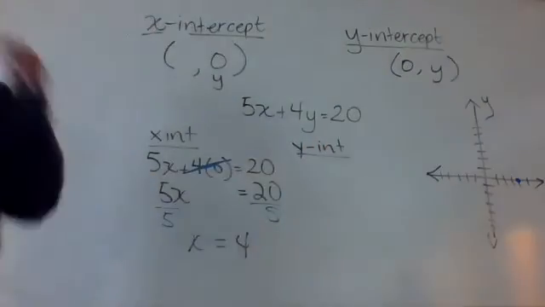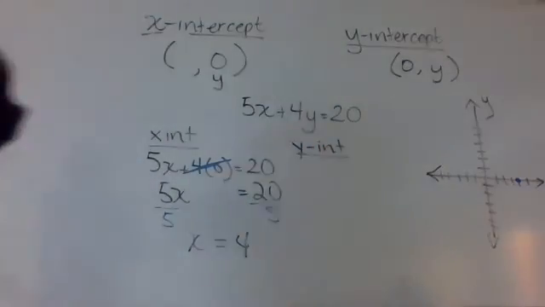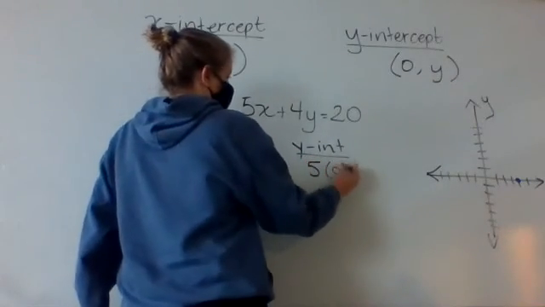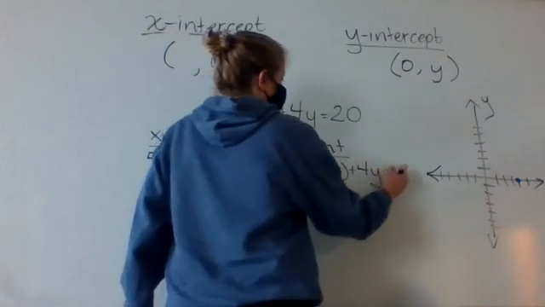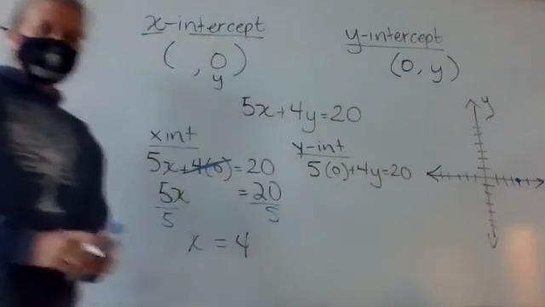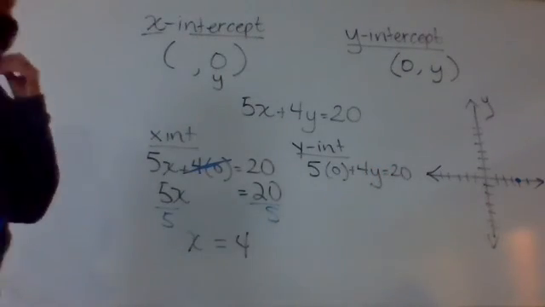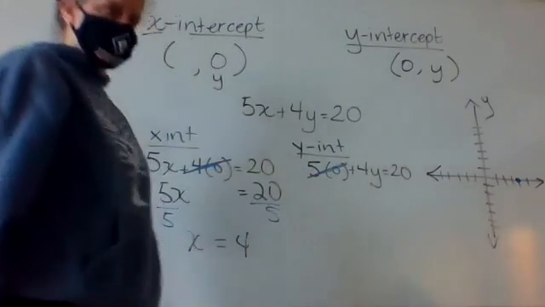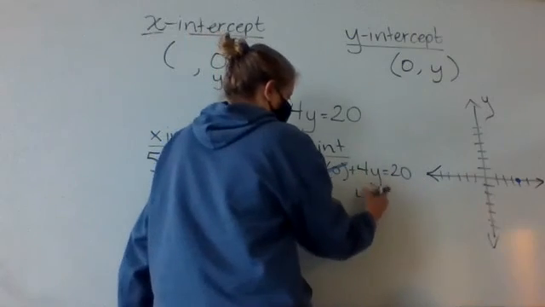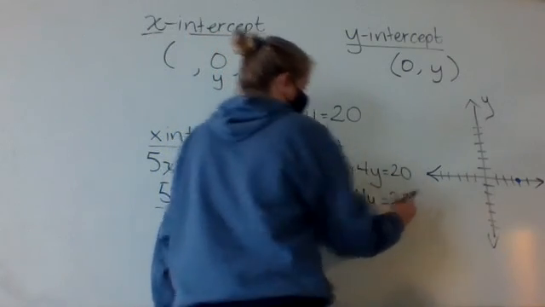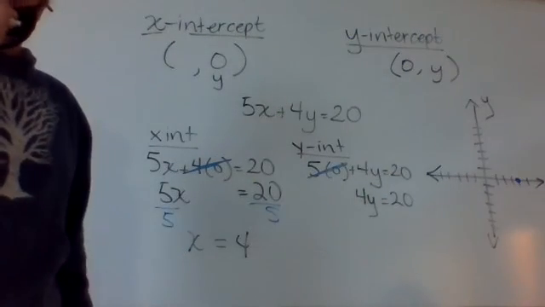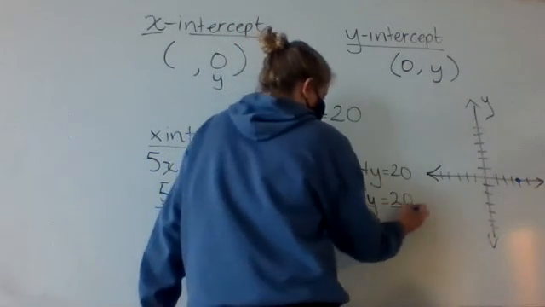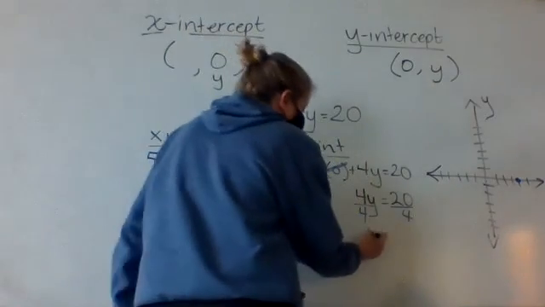Then finding your y-intercept. So this time, you'll put your 0 in the x. So I have 5 times 0 plus 4y equals 20. Again, 5 times 0 is nothing. So it's kind of like it just knocks that out. And just leaves you with this 4y equals 20. And divide both sides by 4. So y equals